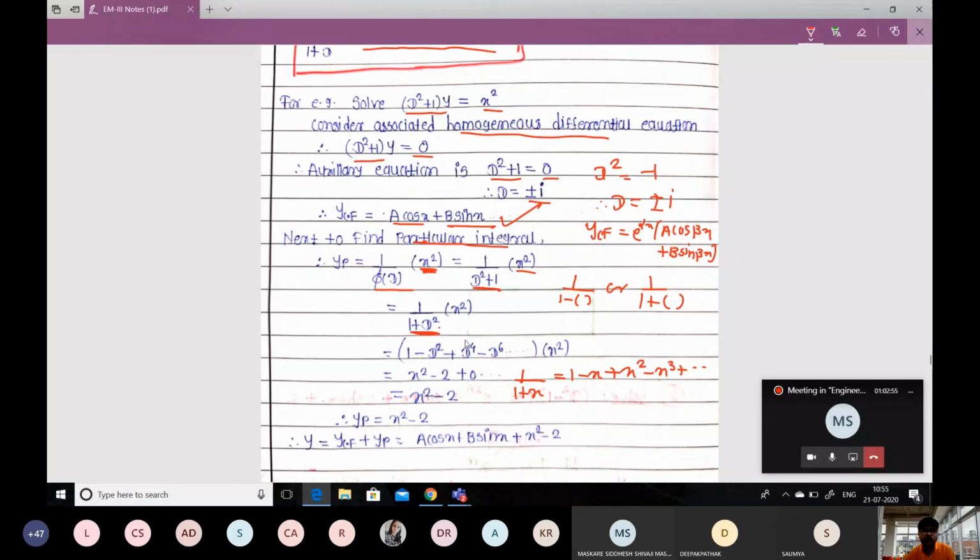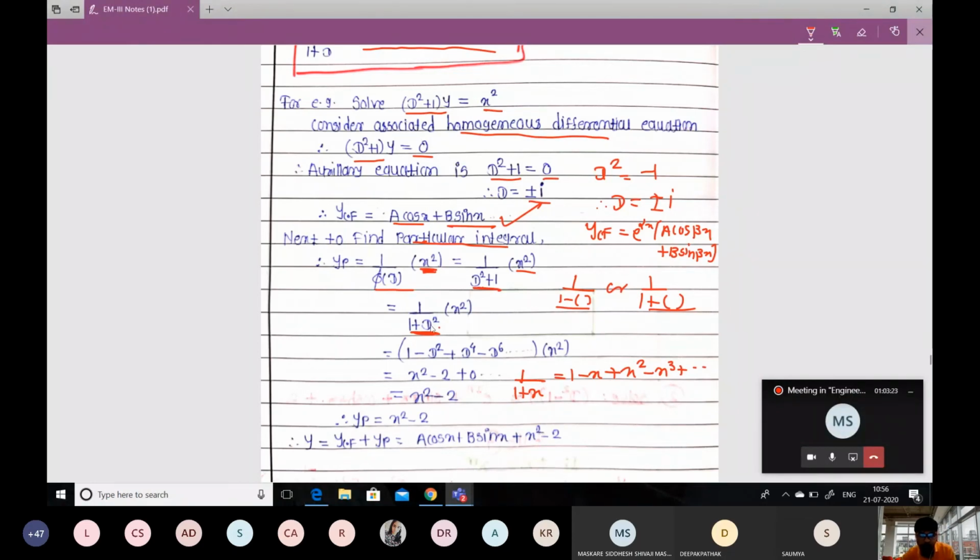You might be wondering, sir, you told us to replace x by D, but here we get a D square term, not D. That something can be anything. It can be anything means what? It can be a combination of D square plus D term, or it may be D square plus D plus 1 upon 4, something like that. Whatever that something is, you have to treat that as the x term, the whole x term.